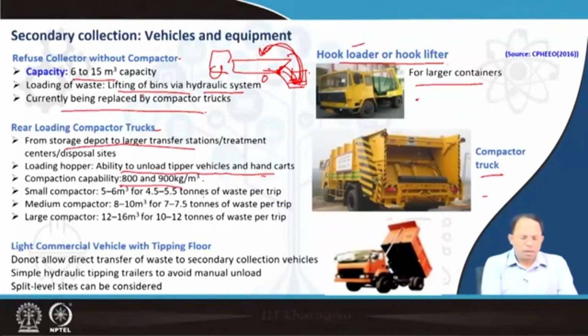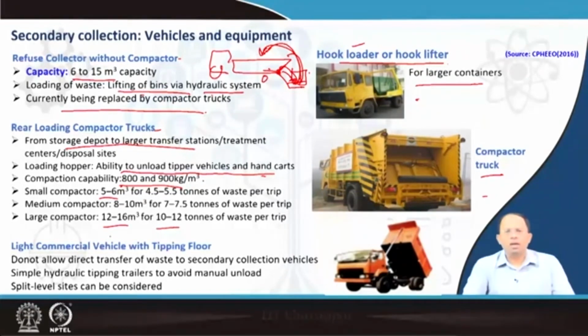per meter cube. Then there are different sizes of these vehicles, small ones, medium ones and large ones. As you can see, it starts from 5 to 6 meter cube, which comes to around 4.5 to 5 tons of waste per trip, to around 12 to 16 meter cube or 10 to 12 tons of waste per trip. So as per the requirement for carrying waste, we will decide on which kind of compactor we